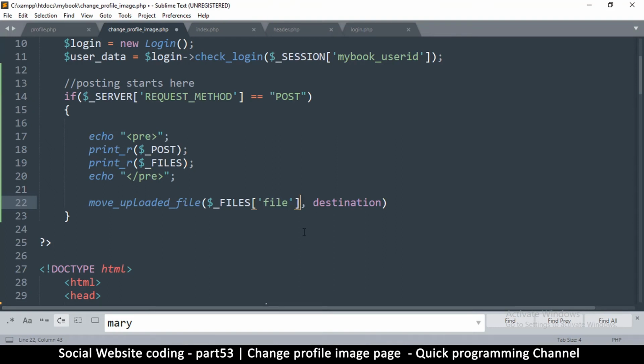So we'll add that at the end there, temp name. So that's the location. Inside the files array, there's another array called file. And then inside that, we'll go to this memory location: files, file, temp name. This is where we're getting it. And now our destination, since we know it's inside uploads,